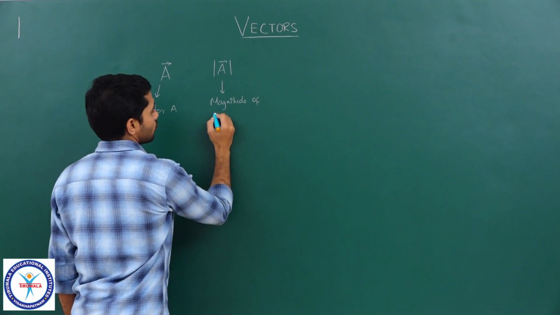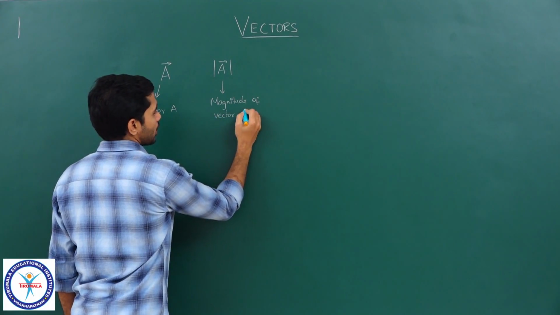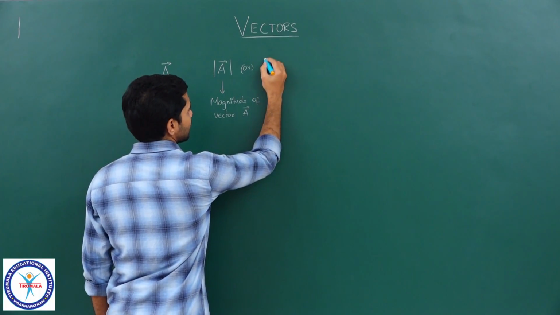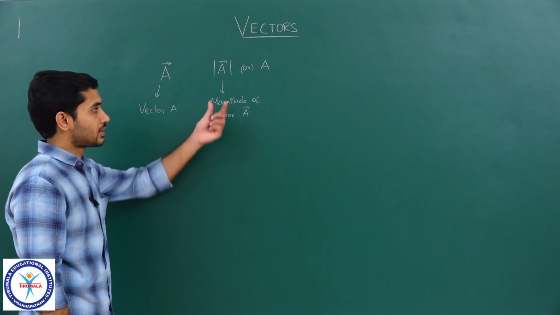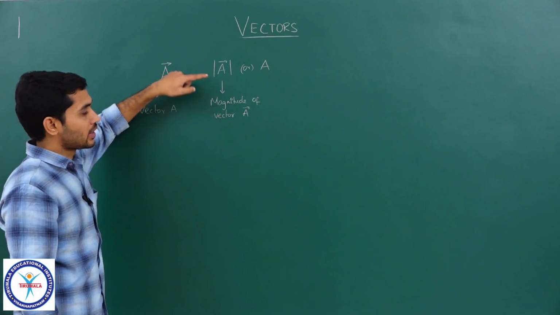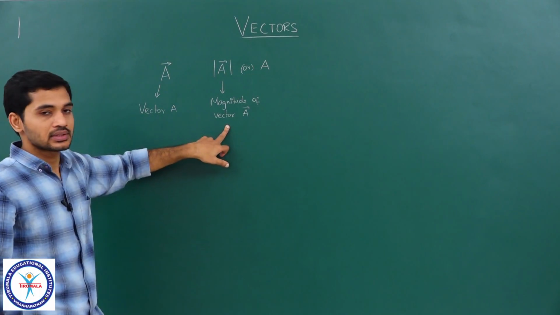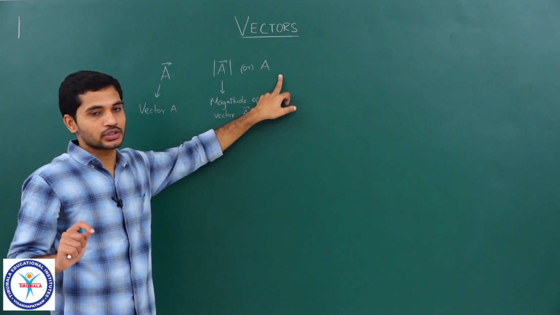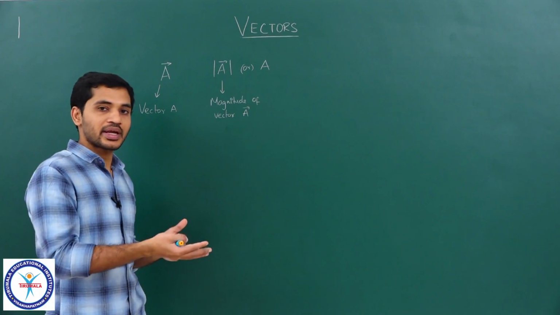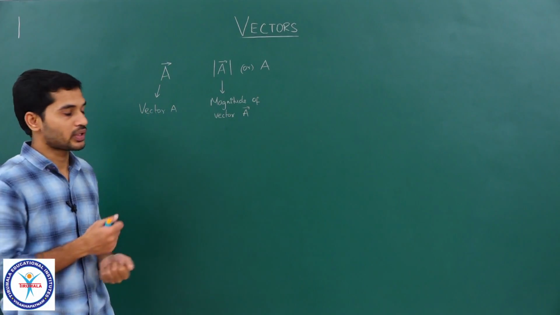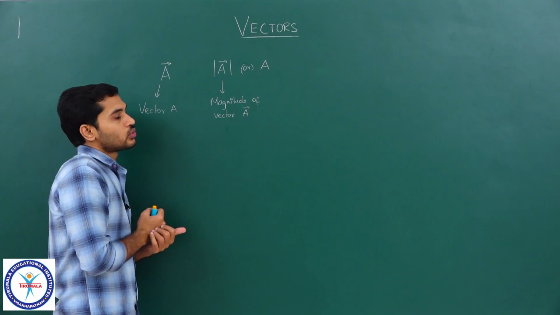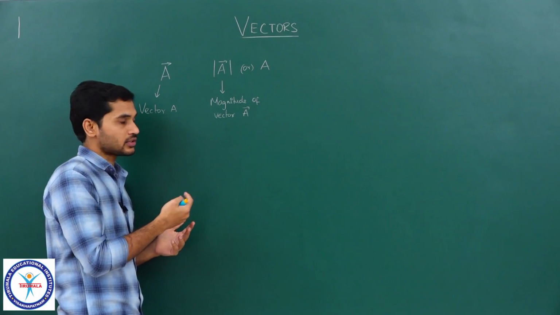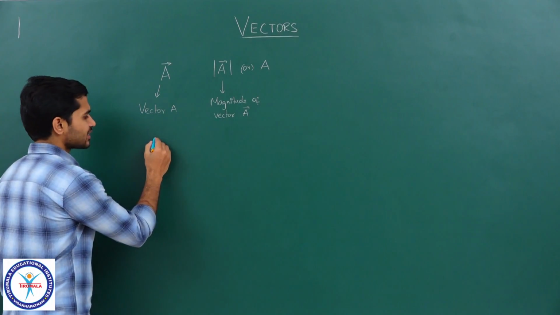So, this represents the magnitude of vector a bar. You can also represent it by just writing the alphabet a without any bar. That will also represent the magnitude of vector a. So, when you just write a, remember that it only means magnitude. If you are required to write a vector, you should definitely put a bar above it. To understand the direction of the vector, we use something called a unit vector.